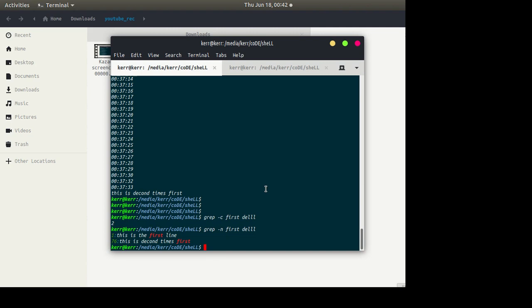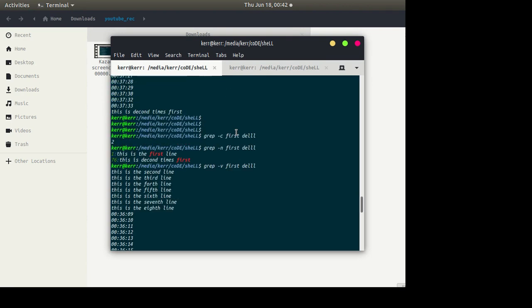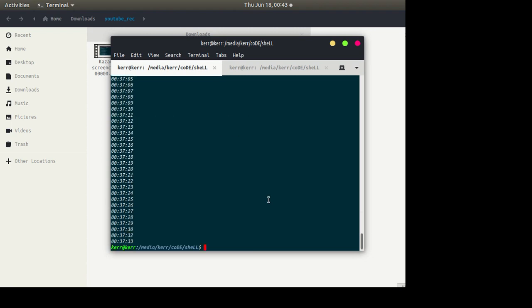Now let's say you want to search for any other pattern except first. Then you should use the -v option. That will show you all the lines except the ones containing first. Now let's say you want to use the -r option.